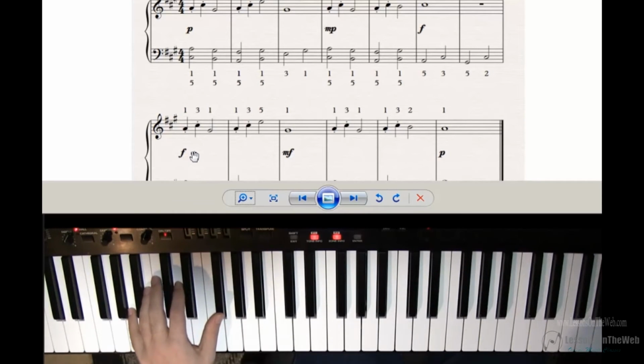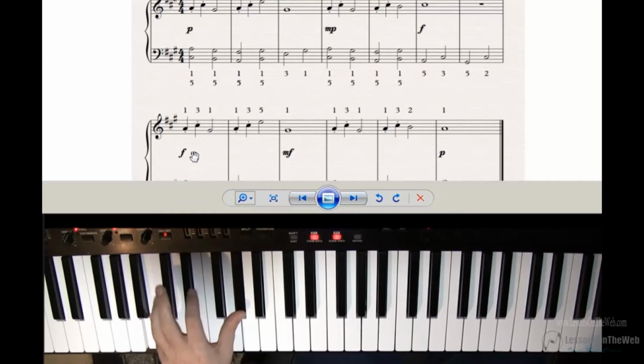We're on the second measure. And then the second half of the second measure, the first line, you got B and G sharp. And then in this third measure you got E with 3, G sharp with 1. And then you've got the same thing we just had. So C sharp with 5, A with 1,